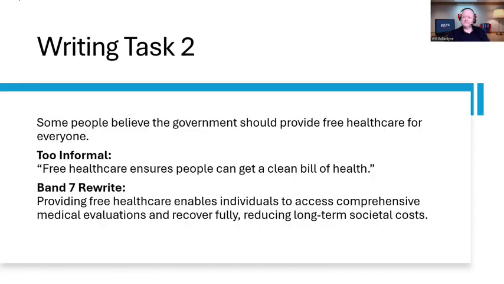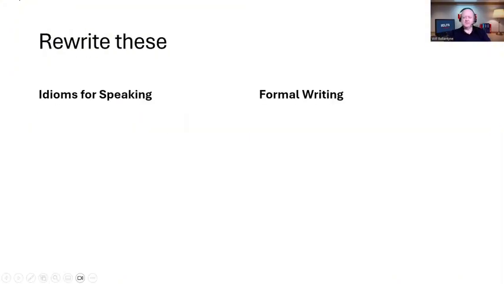So, they're completely different. And that's because one is quite informal, the other one is very formal and academic sounding, because that's what you need to show in your writing. But in your speaking, you need to show something a bit different. I can give you a moment to look at this before I show you the answers. So we're talking about writing now.